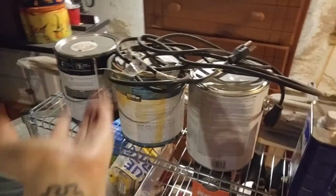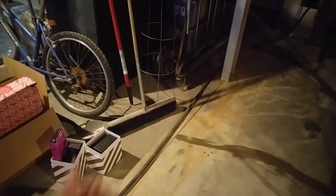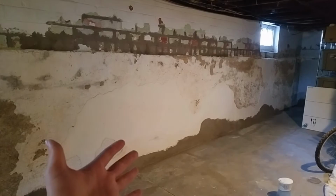Then Saturday, possibly Friday, we'll put all this stuff back. All this stuff has to go back. And then we'll vacuum again, because we like to vacuum. All dry and